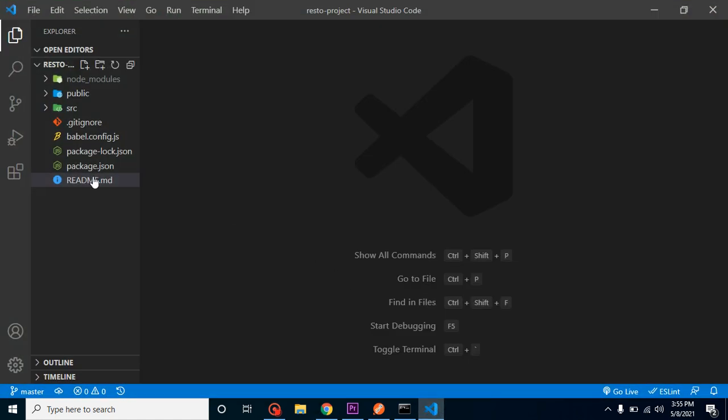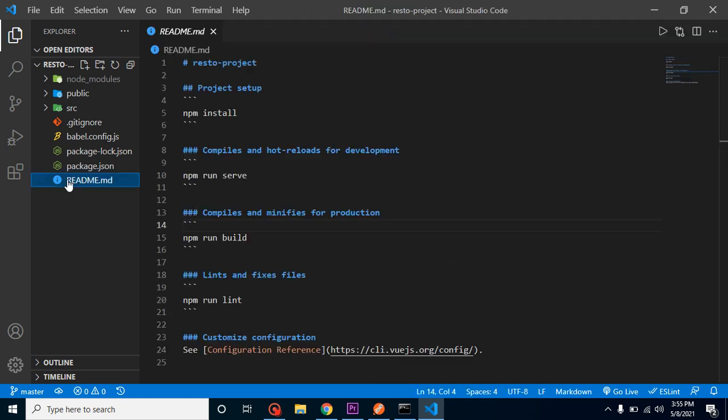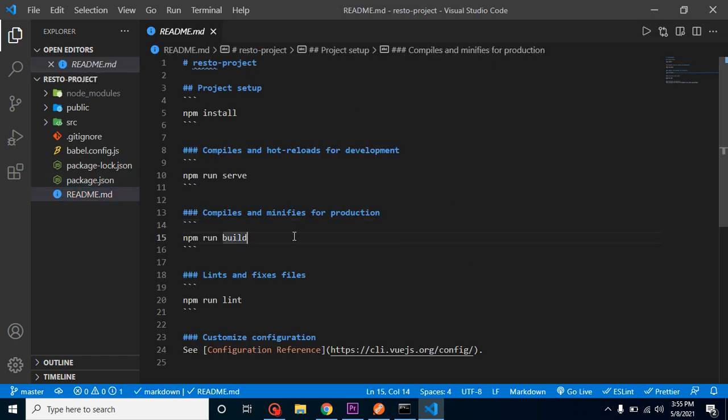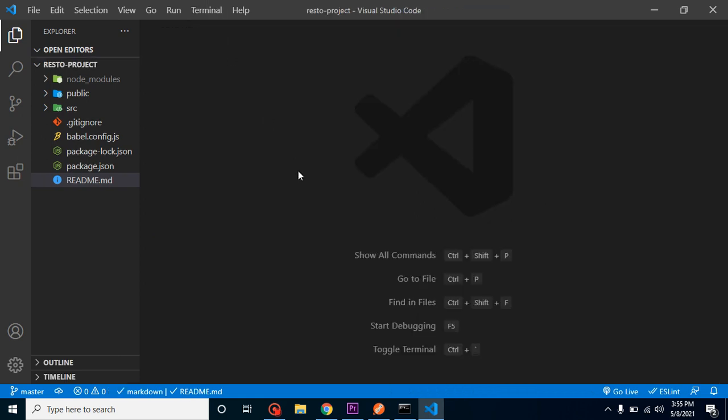Alright, so start with the readme.md file. This file is actually not important from the perspective of development, but in this file we can put some information, some commands, some instructions about our project. Let's say some new developers are just starting with our project and they don't know how to start, what the code flow is, and what commands we are using. So we can put this kind of information here, right? But we never write any kind of code in this file. So if you want, you can remove it at an initial level.